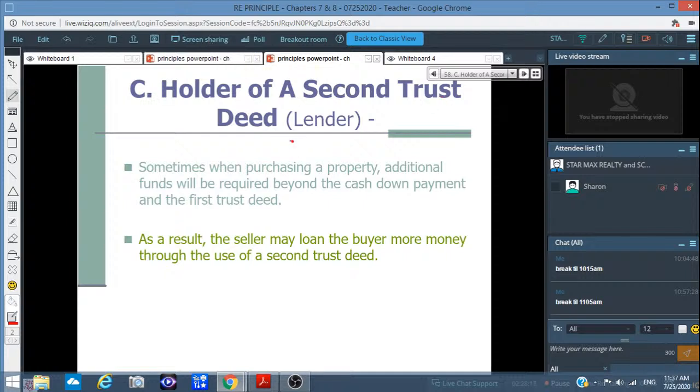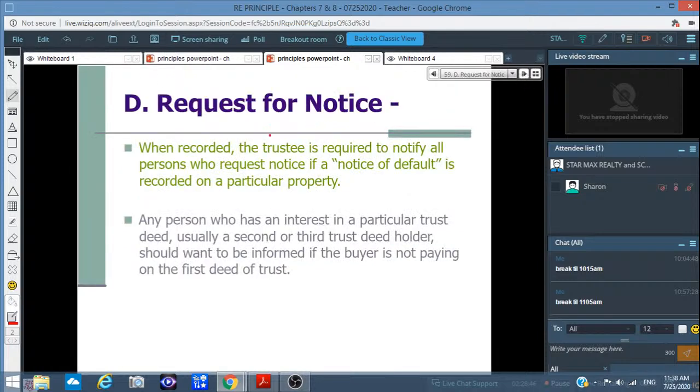loan。Holder of a second trustee, the lender，OK，如果你放第二贷款出去的话，OK，additional fund may be required beyond the cash down payment of the first trustee. As a result, the seller may loan the buyer more money through the use of a second trustee. 所以呢，第二贷款大部分的从这个卖主这边出来的，他有 equity 在他手上。Request of a notice，如果这样子情形的话，right，最好第二贷款、第三贷款，他要求一个宣布，right，宣布什么东西呢？第一贷款拍卖的时候，他有收到一封信。So when recorded, the trustee is required to notify all